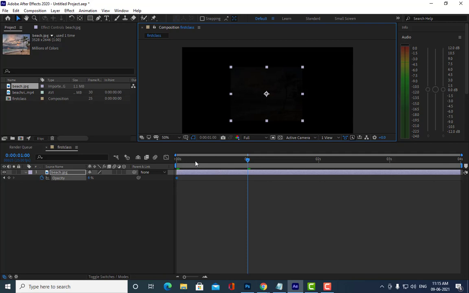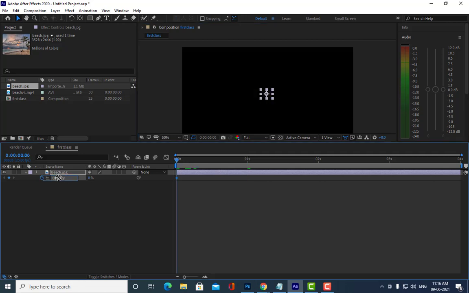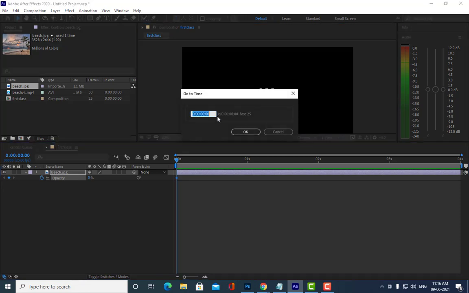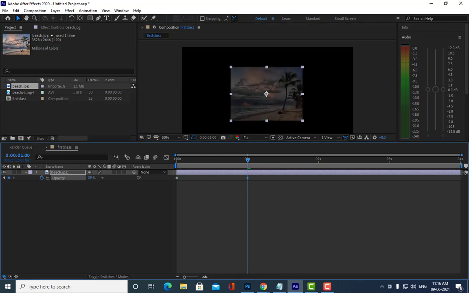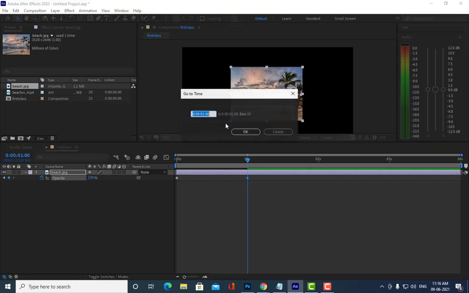I think we have not fully reduced the opacity. Then we'll go to the 1 second mark and increase the opacity here. Then we will keep it till 2 seconds.